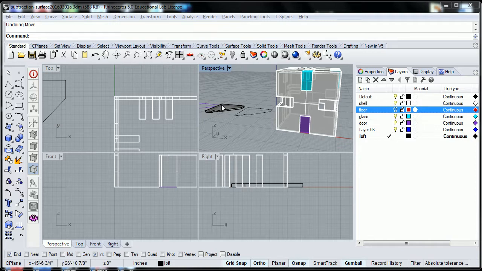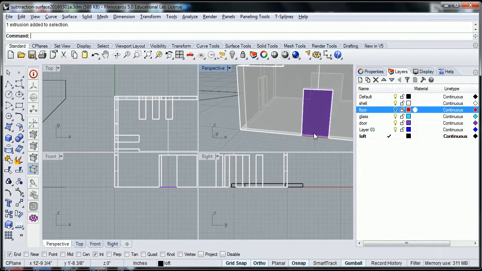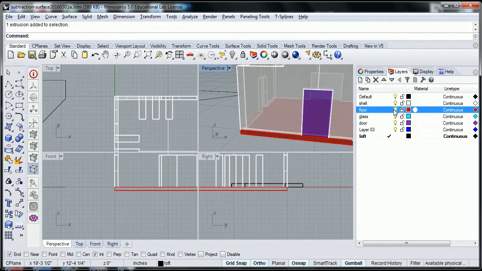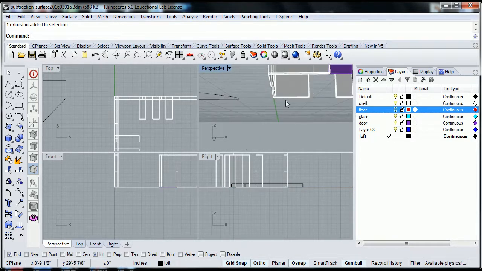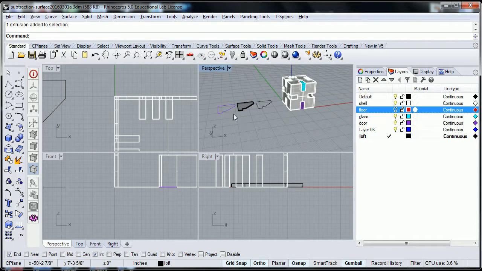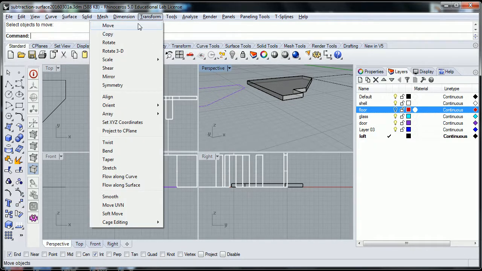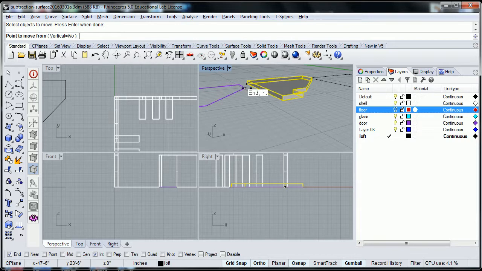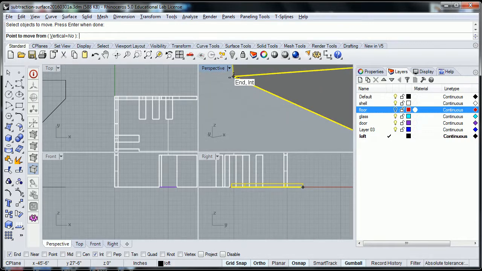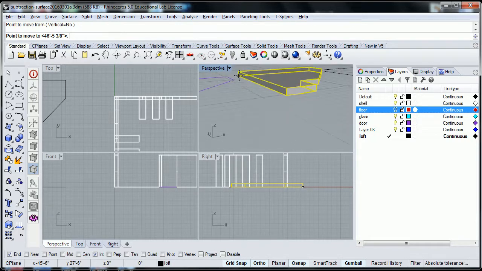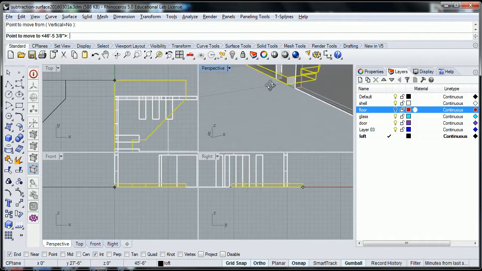What we're going to do next is to move this loft into this box. So what that means is that I've turned off the floor layer so that I could just see the bottom of this thing. And what I'm going to do is to move this loft. So the command is move, or the icon piece is that right there, move, or you could go to transform, move. Whichever way, select the object, and then we're going to go from this lower right or lower left hand corner and bring it into